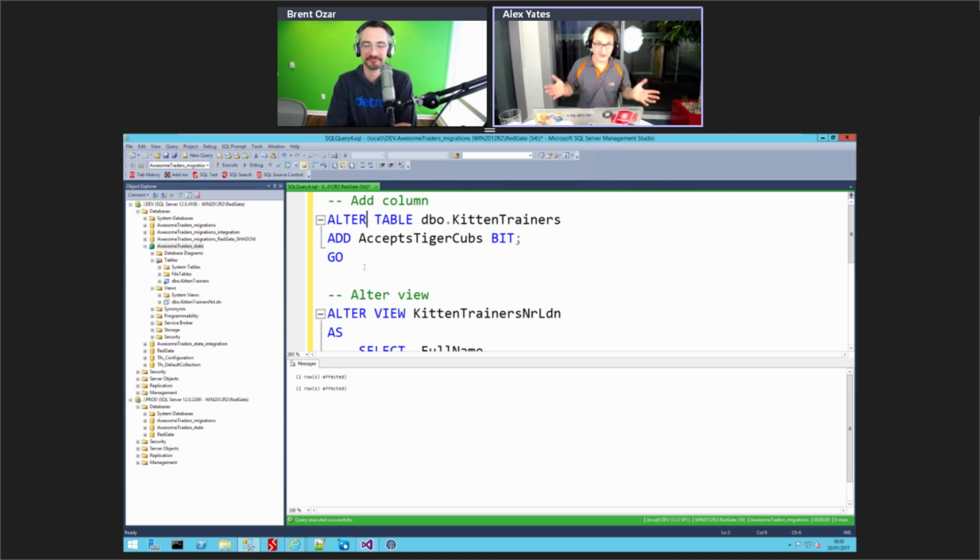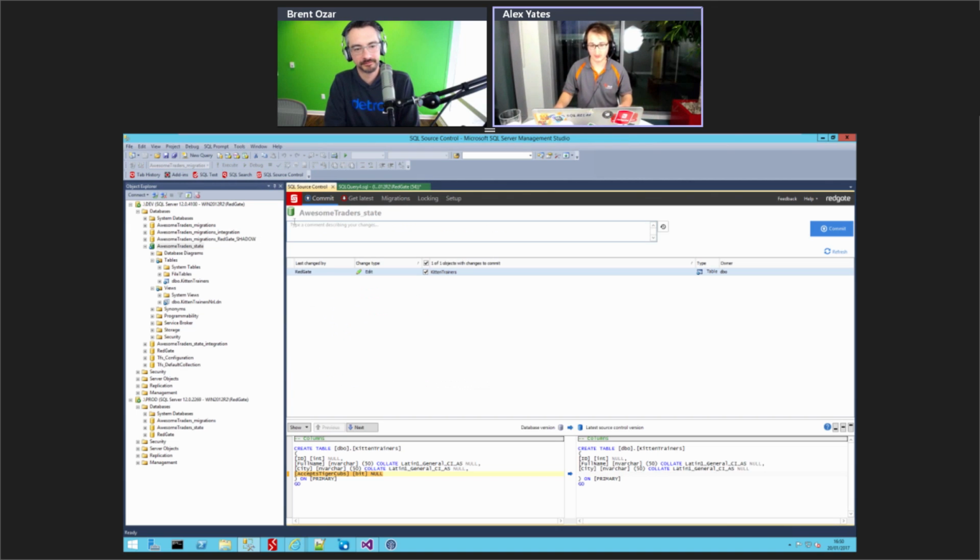I have the most experience with Redgate tools. You can do this with other tools if you want. I'm not necessarily promoting Redgate over anything else at this particular point in time, because I'd have to have a much bigger conversation with you to work out which tool is going to be right for you. But I'm going to use the Redgate stuff because it was already on my machine.